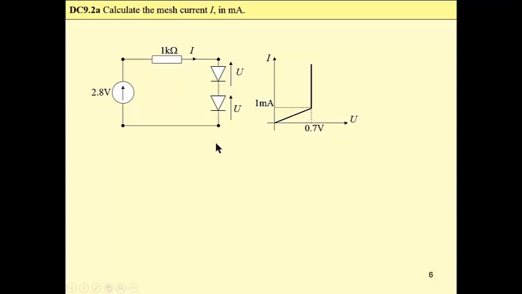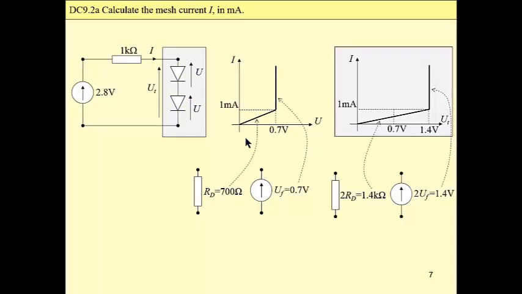We have a mesh circuit here, and a voltage source is connected through a resistor to a series combination of diodes. Each diode is characterized by this I-U relationship. So at first we have to find the total I-U relationship of this combination, and then we may apply the piecewise linear approximation based method. We have these two elements connected in series, which means that we have to add voltages